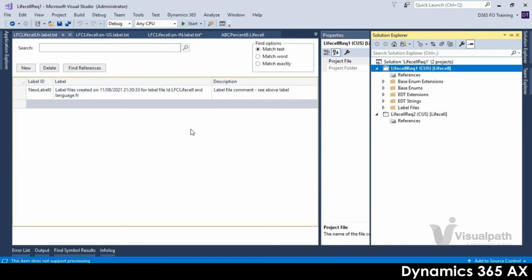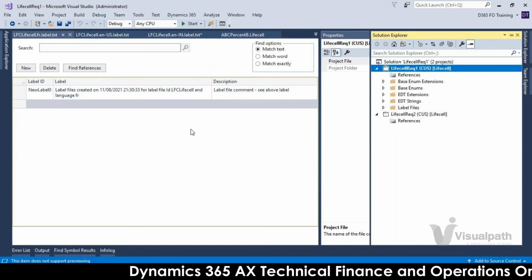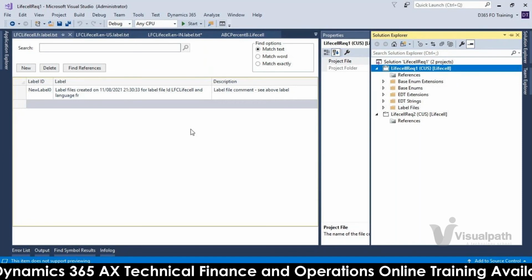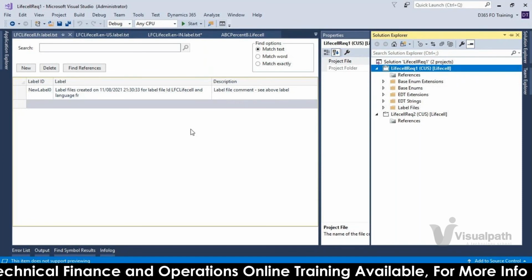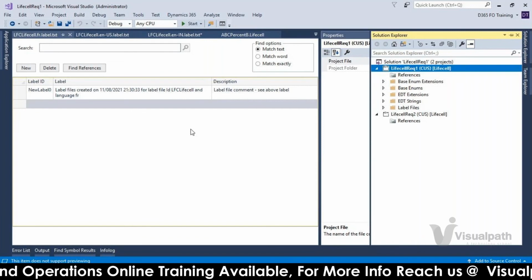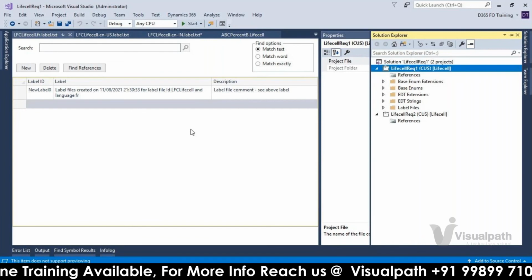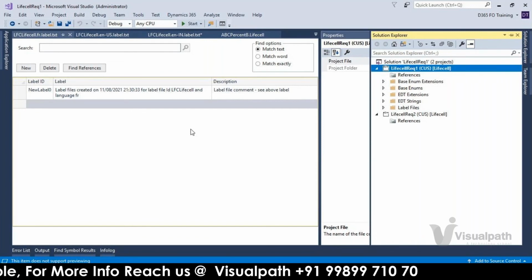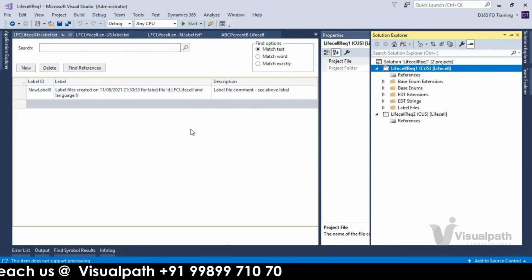But your code maintainability will be easy because you are creating your extension. Whatever customizations you are doing will be maintained separately. The actual Microsoft classes will be maintained at a separate model level, like Application Suite and all. That's why they are not allowing any modifications to their models.